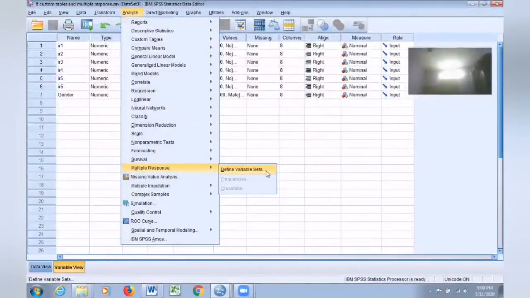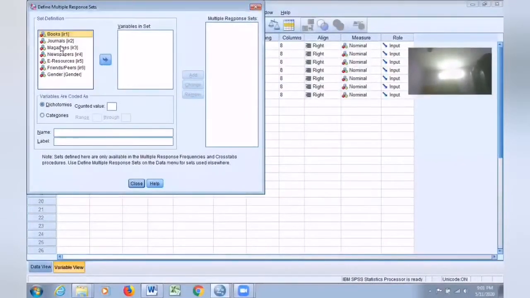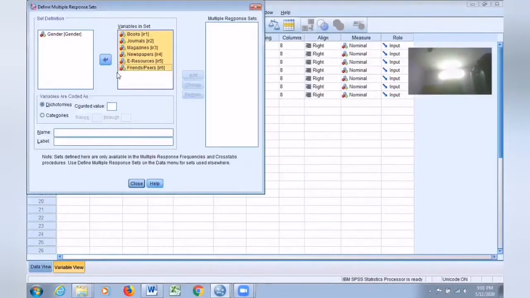It asks you what are the variables you are going to consider to prepare the frequency table for multiple response question. So let us define the variables. So I have got 1, 2, 3, 4, 5, 6. Using shift and control down arrow, you can select the required number of variables. My question comprises of these 6 resources. I choose and I click and bring all the 6 items under variables.